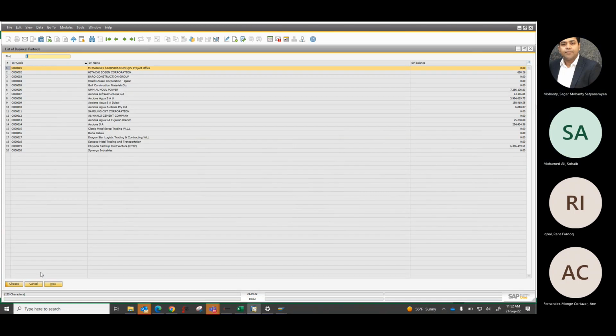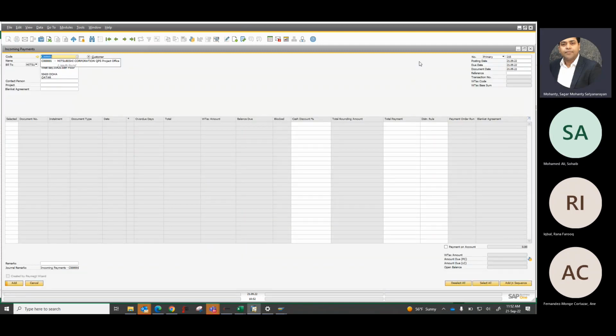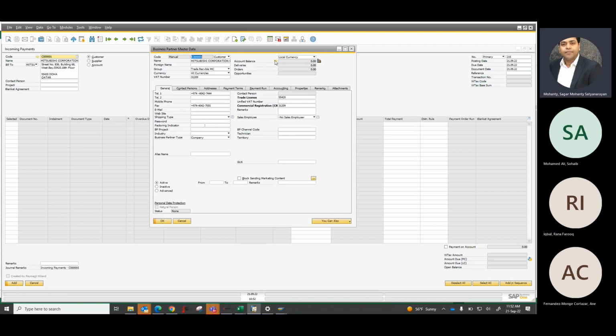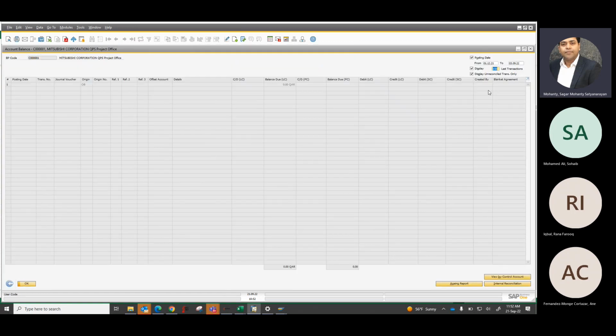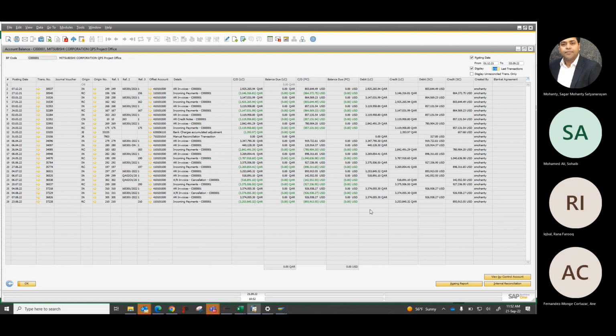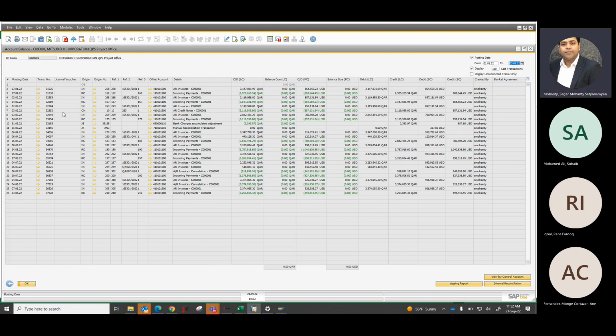Now I have to see this entry. Let me see. This is suppliers. Now you see, I click here. For this supplier, I don't have any balance. If I click here, zero balance. It is automatically reconciled. If I remove display unreconciled items, you see, all will show from this period to this period. For example, from 1/1/22 till now, I have all these invoices. Balance: zero, zero, everything is zero. If I pull display unreconciled items,